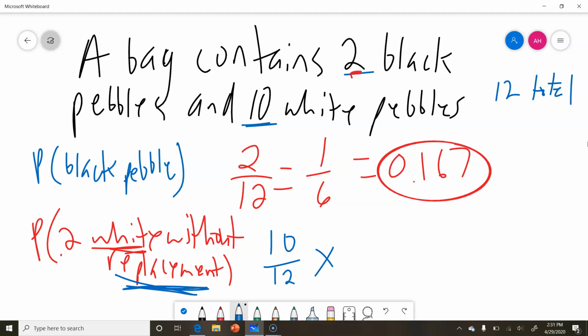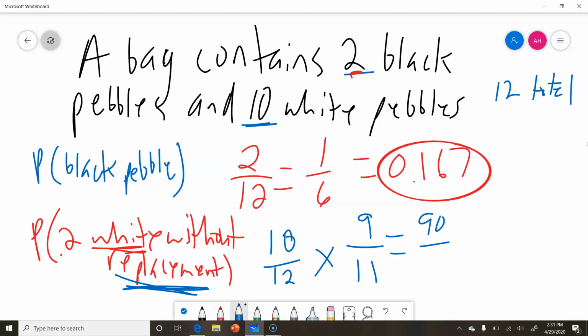Without replacement, so now there's only 11 in the bag, okay? And how many of those are white? Well, assuming that I drew a white one on this first one, it means there's only 9 left that are white, okay? So the probability of drawing 2 white pebbles without replacement here, I just multiply across, and I get